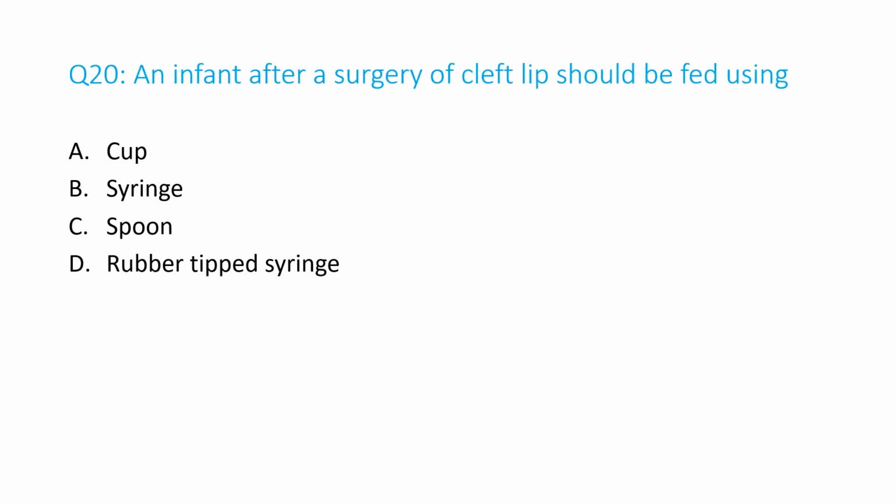Number 20. An infant after a surgery of cleft lip should be fed using A. Cup, B. Syringe, C. Spoon, D. Rubber tip syringe. And the answer is